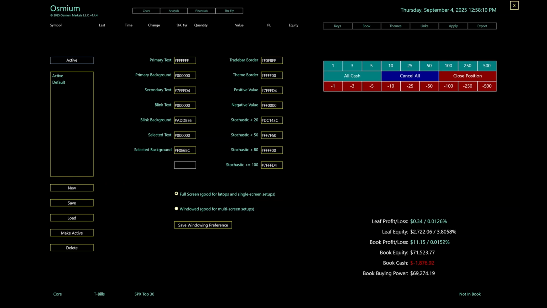The active theme will always appear here until either a different theme is selected or when you hit save. If I hit save, I will save the default theme, which gets replaced every time you start the program. But it will become the active theme. So if you're editing a theme,